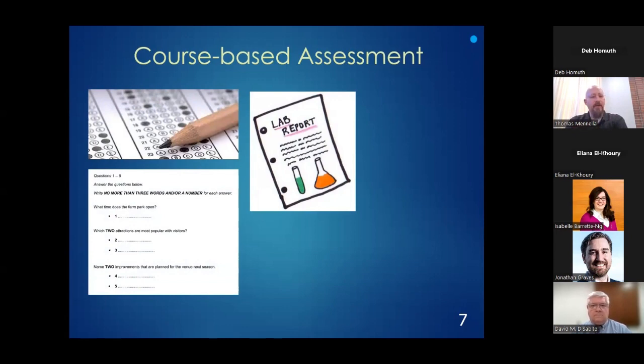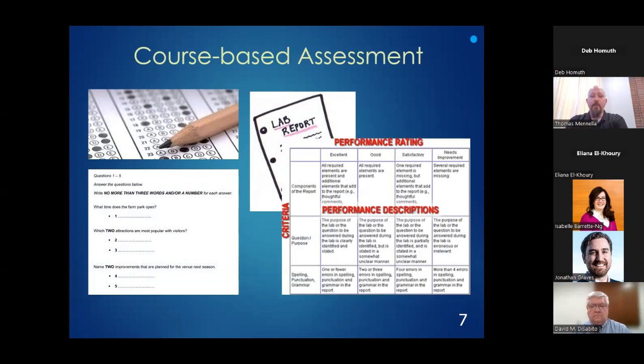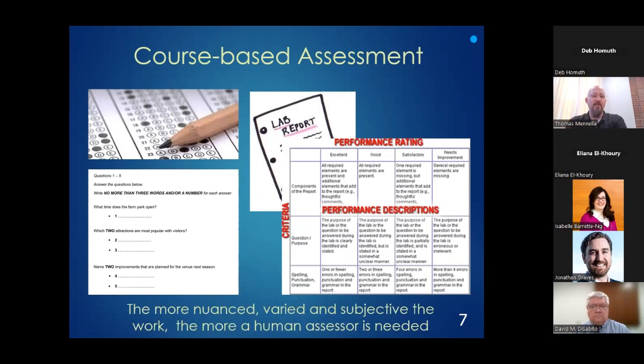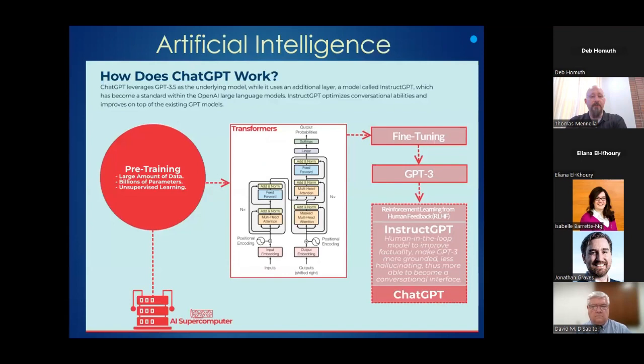It's important to note we've been leveraging technology for quite some time for the more mundane and task-oriented class assessments. We've been using Scantron for decades to help us grade multiple choice exams. But for things like lab reports and book reports, we've needed more of a nuanced grading scheme. Typically, we use rubrics to try to achieve consistency, but there's always been the need for a human assessor, a human touch in these kinds of assessments. In this study, we were interested to see if generative AI could be used to help or even outsource some of these more nuanced assessments that we see at the course level.